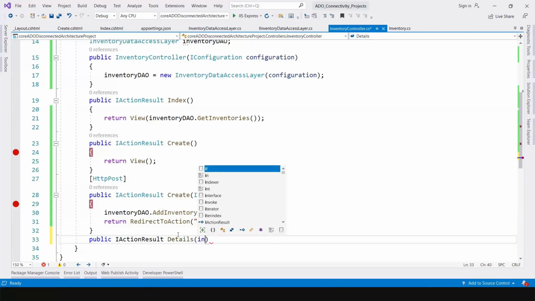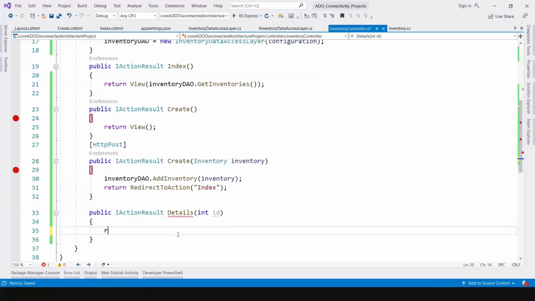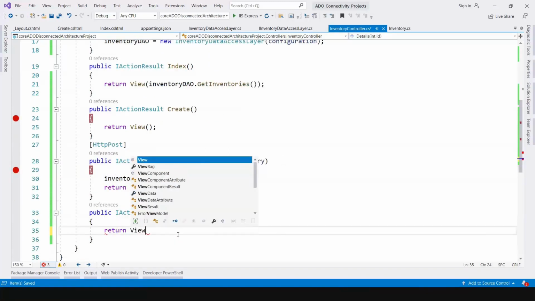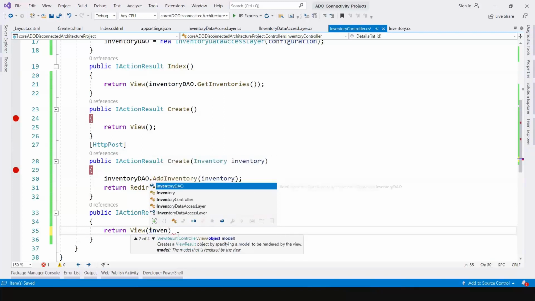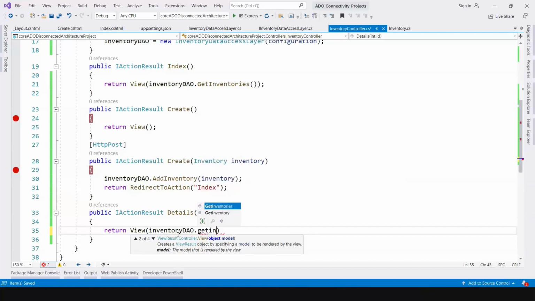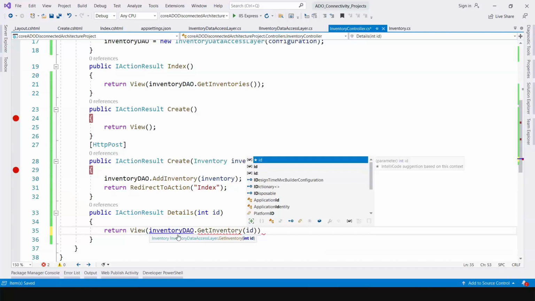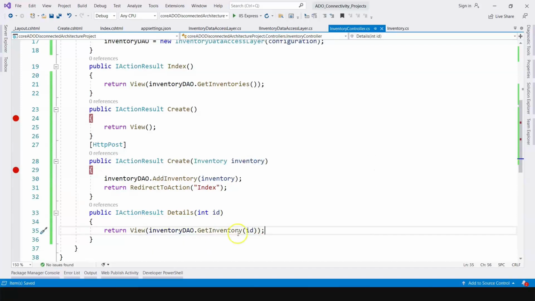This will wait for the ID. We have to return a view. At the time of returning to the view, we have to return the product or inventory based upon the ID. So I have a method associated with it, inventoryDAO.GetInventory, to which I need to pass the ID. This method will find out the inventory based upon the ID, and then that inventory has to be rendered